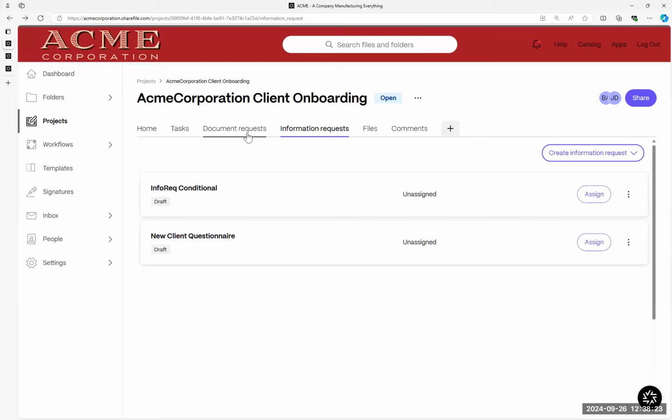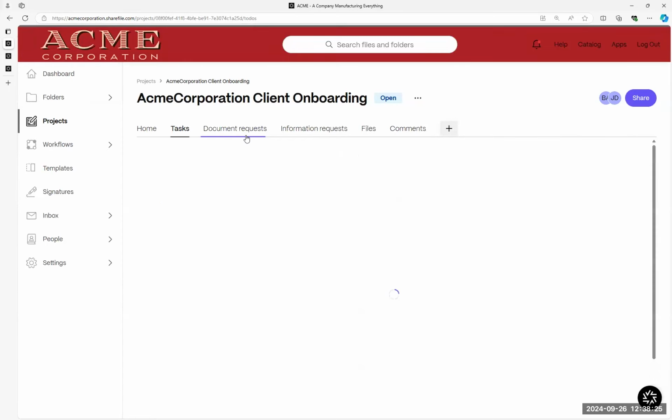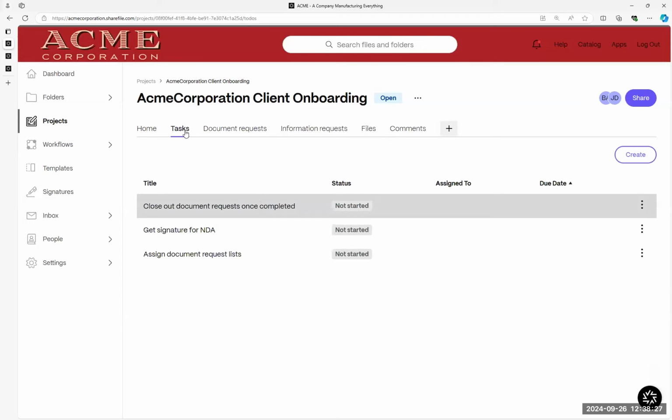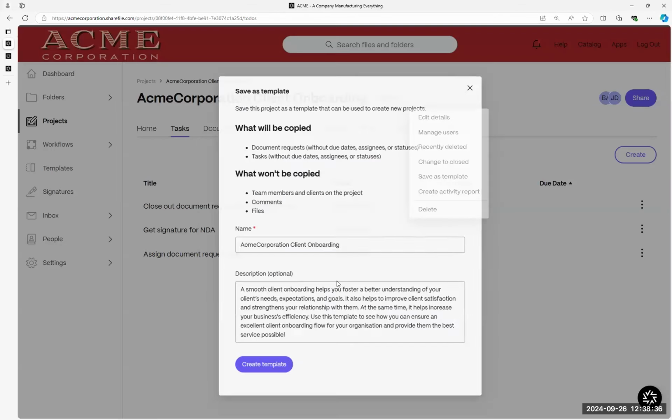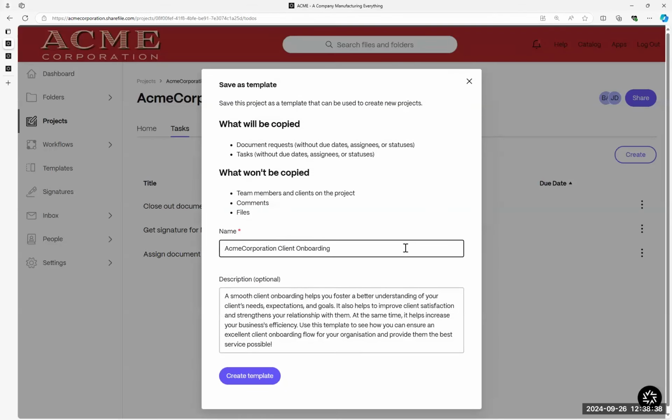So the nice thing about this is, no matter what it is that I need to request or assign tasks, I can take this, however I've fleshed this out, and save it as a template. That means once I build out a project that models a workflow I know I'm going to do over and over again, let's say I have case files or the onboarding of a new customer or even a new employee, closing a contract, reporting a safety incident,